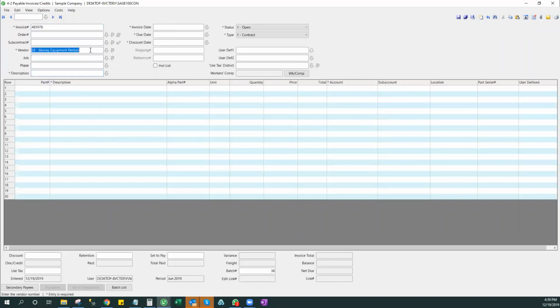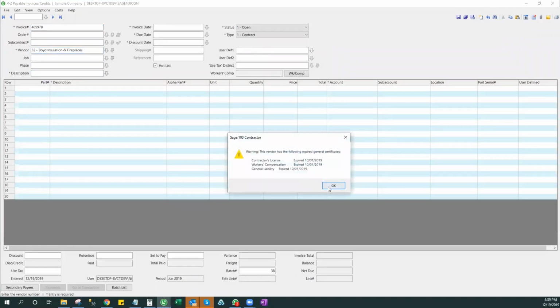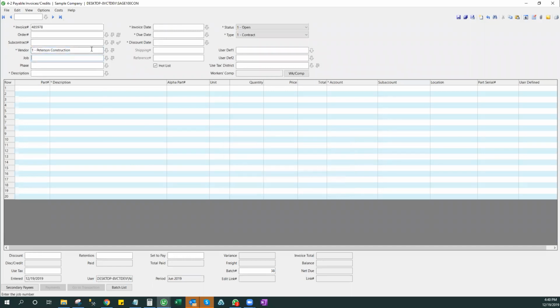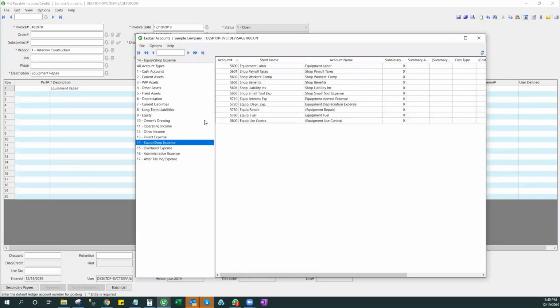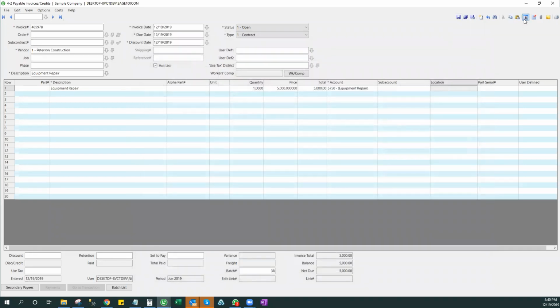I didn't want to do equipment rentals. That's not what I wanted to do either. So we'll say some kind of repair. I'm going quickly through this because this is the accounts payable invoice screen. I don't think you'll be using it too often. But I'm putting in an invoice from a vendor. And when I select my account here, I'm going to go into that equipment range and ensure that I select an equipment repair, my equipment repair account. And that way, when I go to save the record,